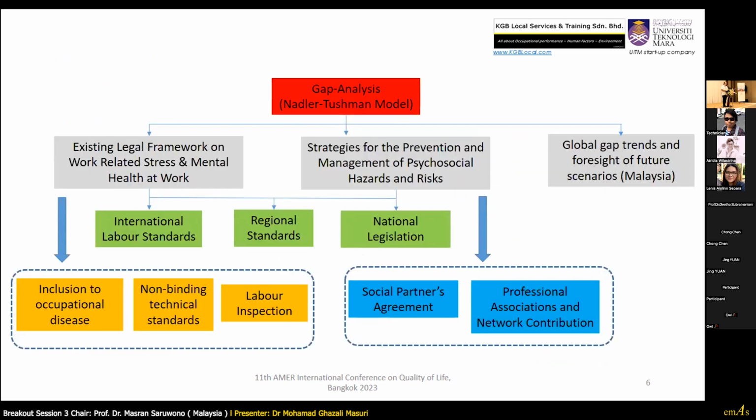Okay, what are the international issues related with psychosocial risk factors among workers in the workplace? And we can see that in the Malaysia international context, we are having an issue about the national legislation. It is very clear cut if you have a physical hazard like slip, trip, and fall. So there are very clear case management and medical surveillance actions. But with regards to mental health issues, we are still lacking in terms of the national plan of action